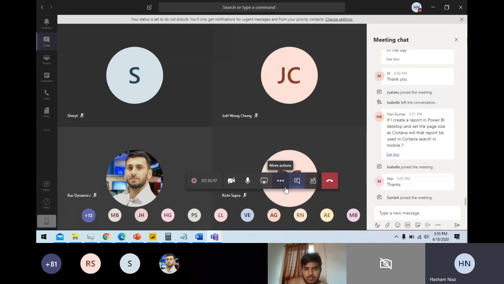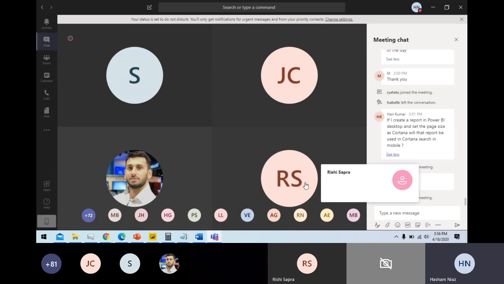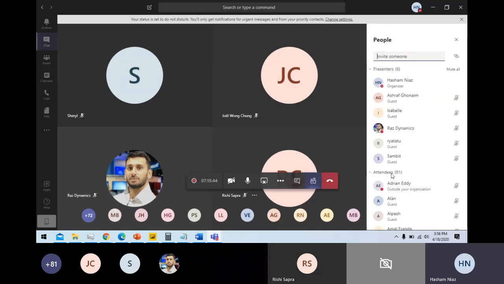I think I have covered the best practices of how you share reports, the different methods of sharing, the difference between app workspace, viewer role, contributor role, and member roles as well, and how you set up admin level permissions as well. So I have briefly covered all these things. Let's ask any final questions, and then I will hand it over to Jen, I guess. Next session is Jen, right?